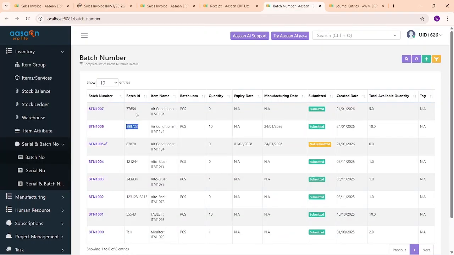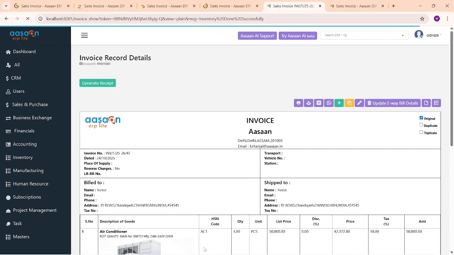Now if I go in batch and refresh this page, as you can see, from 10 it has been reduced to 9. So basically that's how you can create your invoices and perform the inventory operation directly in the invoice also. So this was the way you can do it. Now if we go back to the invoice,